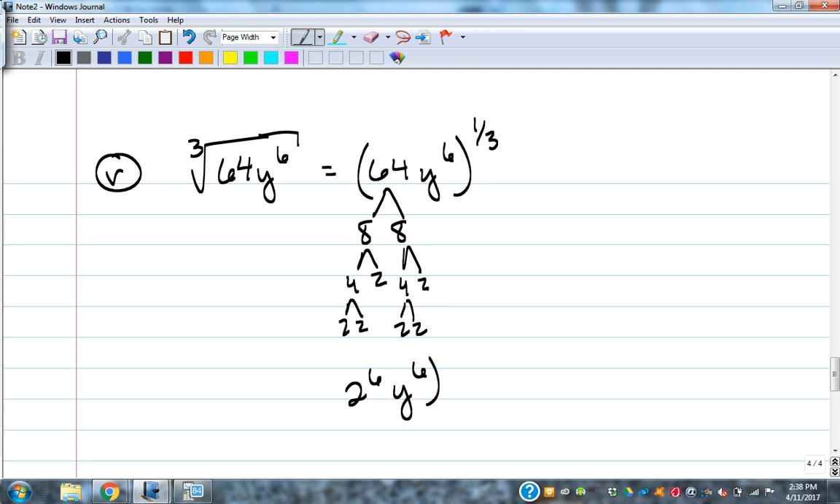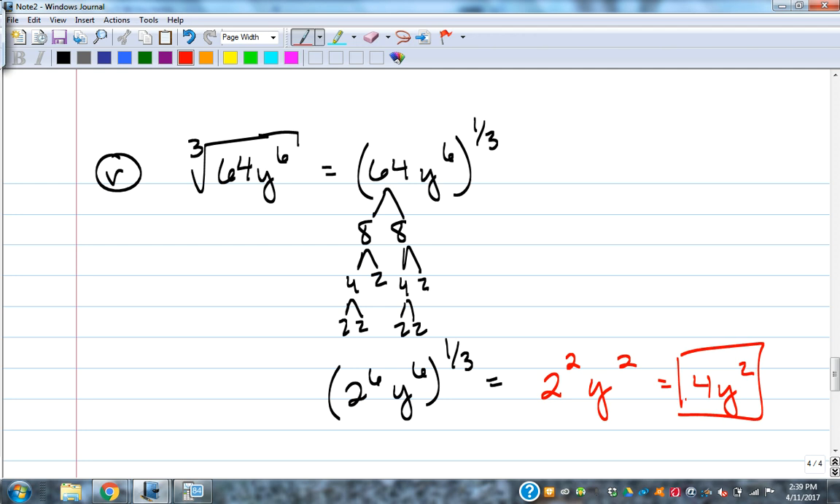And then y to the 6th. So what I've done is I've factored 64 into what it is. It's 2 to the 6th power. And now I have this problem where it's a simplifying problem like we did before. What do I do with this 1/3 and these exponents in here? I multiply them because that's what the exponent rule is. So 1/3 times 6 is 2. So that's going to be 2 squared, and then y squared. What's 2 squared? 4. And you've simplified that